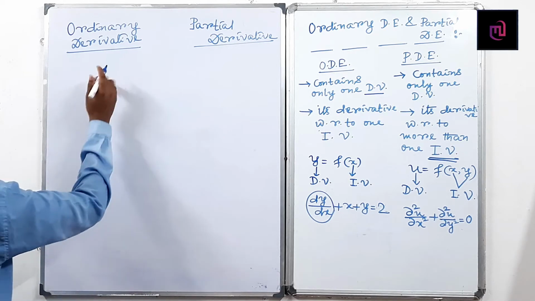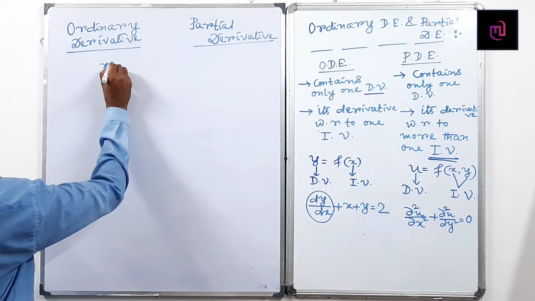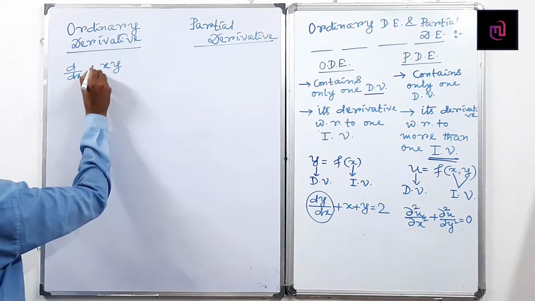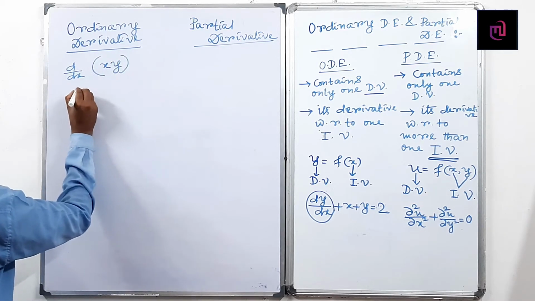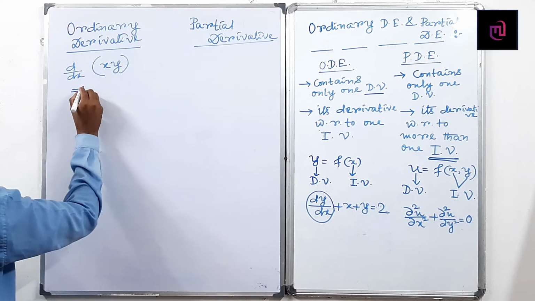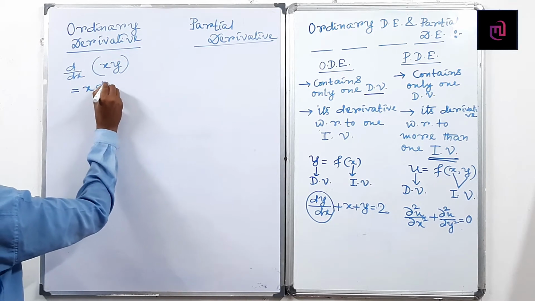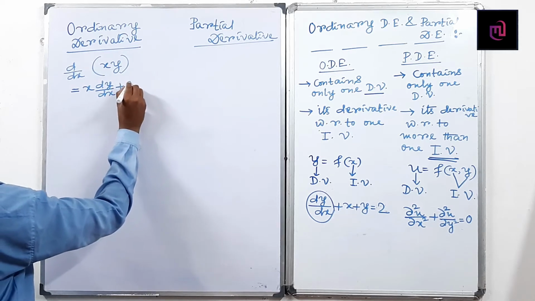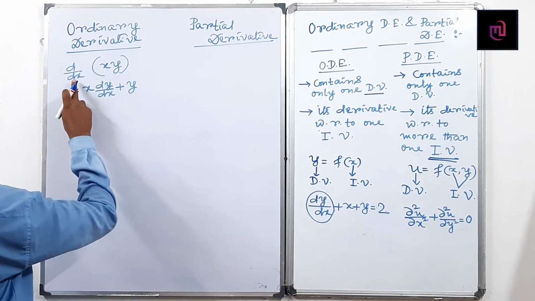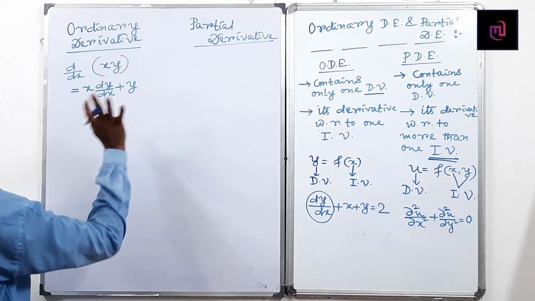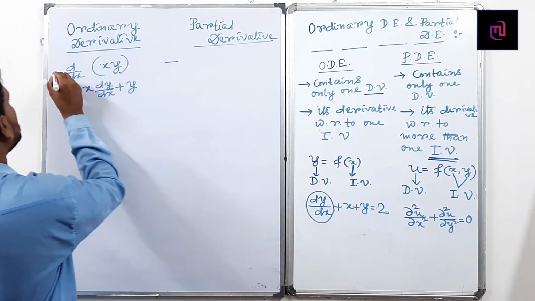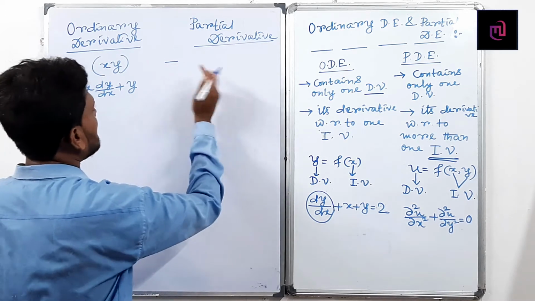Suppose xy is the function. Taking differentiation with respect to x, d/dx of xy. First function is constant, differentiation of the second function, plus second function is constant, differentiation of the first function. d/dx of x becomes 1. Finally we will get this result. But in this other case, you can write